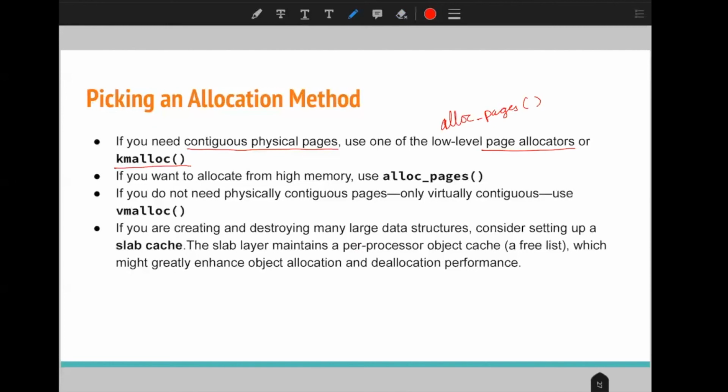If we want to allocate memory from the high memory area, then we can use alloc_pages. And if we want to allocate memory that is continuous in the virtual address space, then we can use vmalloc. And if we are creating and destroying frequently, then we can use the slab allocator for this purpose.